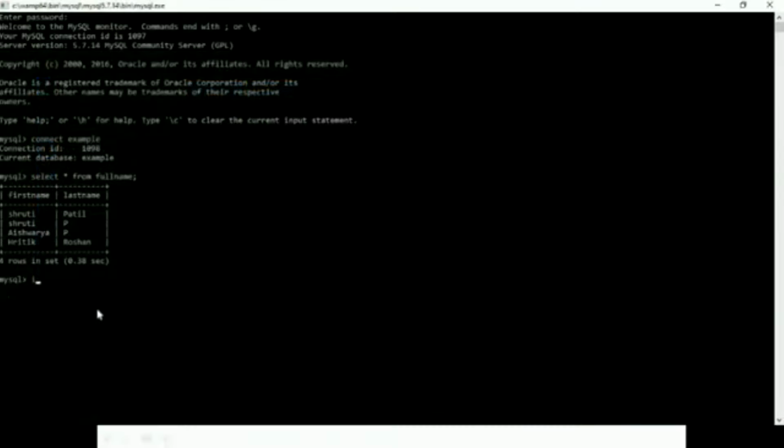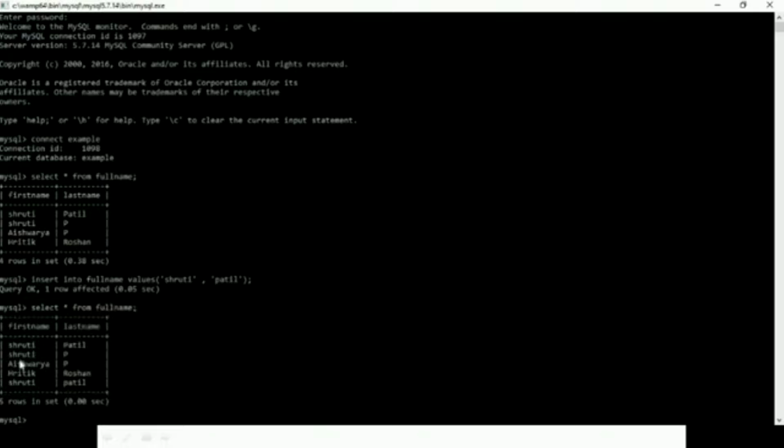So here I'll just insert one more value, insert into table name is full name, values, and I'll just enter Shruti Patil one more time. So now if we can just do select star from this full name table. You can see Shruti Patil entries there for the 2 times and you don't want to retrieve the entries which are duplicate. तब आपको क्या करना है,